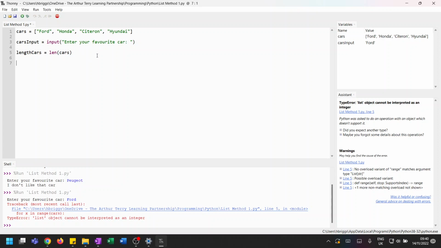What I'm then going to do is say for x in the range of length of cars, and what this is going to do is loop for the number of items in this list. So in this example again, it's going to be 4. If I was to add more on, it would loop more times. And what I'm then going to say is if